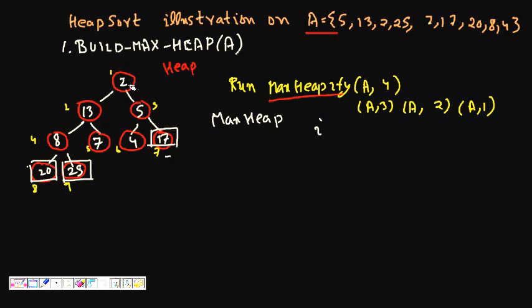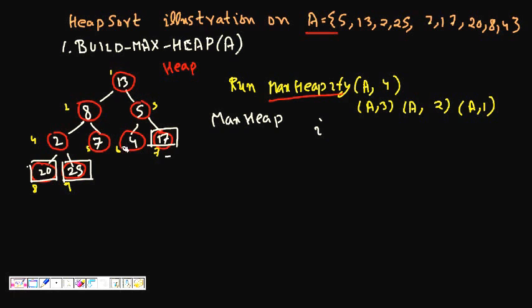So I again call max heapify A, 1. I swap 2 with 13, so it becomes 13 here and 2 here. Now 2 is lesser than 8 and 7, so again I swap 2 with 8. So 8 comes here, 2 is here. Now this is following the max heap property. So again what happens, we will now have 13, which is the fourth highest element in array A.